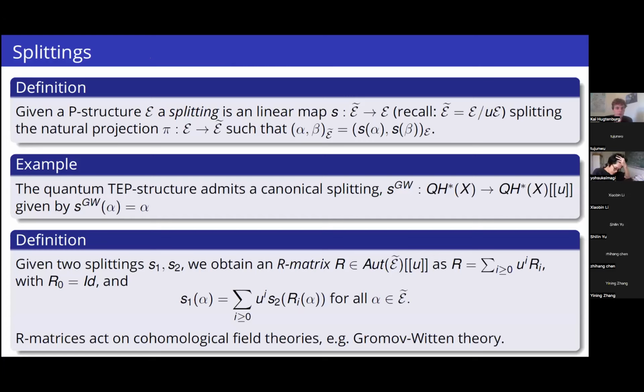I have a question. When I read papers by Galkin, Golyshev, Iritani, they considered the quantum cohomology, and they solved the flat equation near the infinity point, which is a regular singularity. So you can solve the equation quite explicitly. And that gives a map like this, preserving the products. I'm not very sure. It's just non-symmetric products, and if you solve the equation near infinity, the regular singular point, then you get something like this. Is it true?